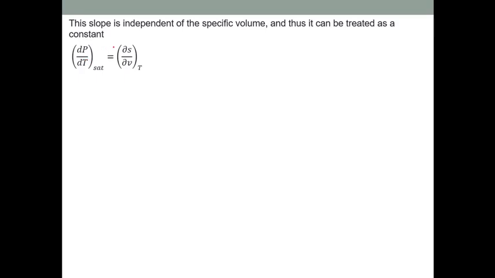So let's say if we take the integration of this term, let's say we put integration on this side as well as integration on this side, right? So this is basically constant, and this dV comes on this side, and here we have the partial s, and the integration is from F to G, because the phase change process is from saturated liquid to saturated vapor. And then if we simplify, for this one we'll have Sg minus Sf, and for volume on the other side we'll have Vg minus Vf.